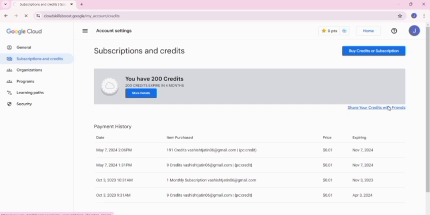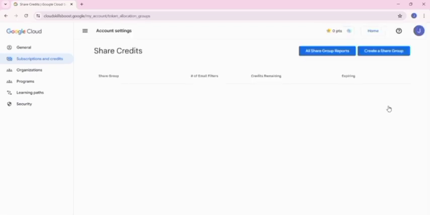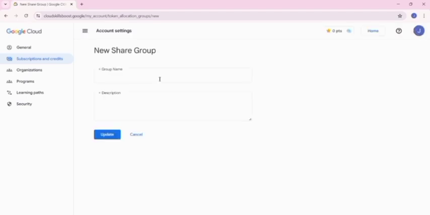Just click on the create a share group so that you can share credits. You have to create a new share group, or you can add to someone who has created that group. If you click on it, then you have to give a name.